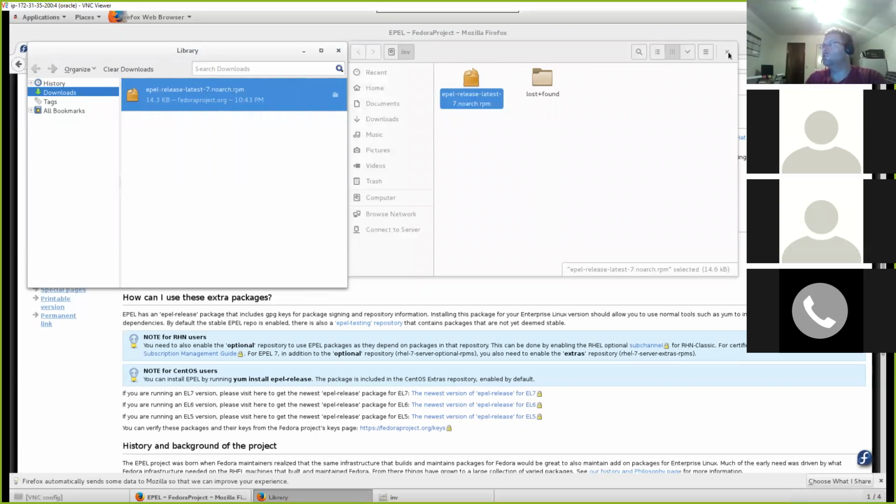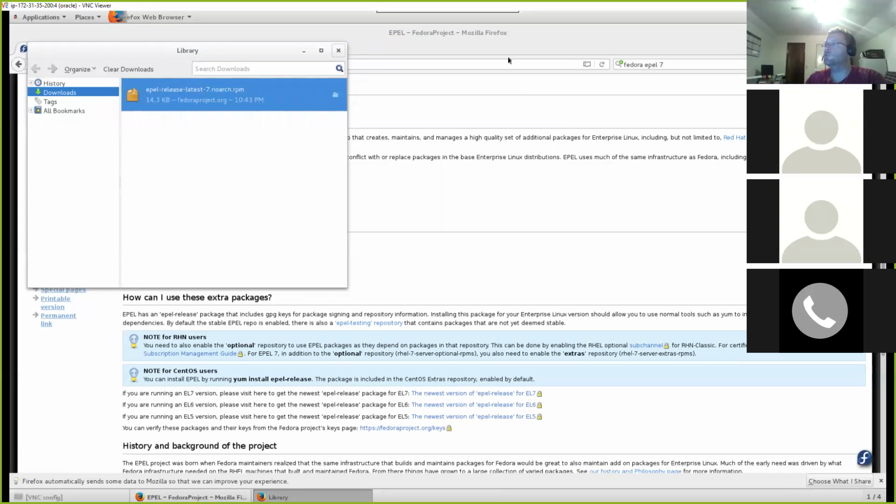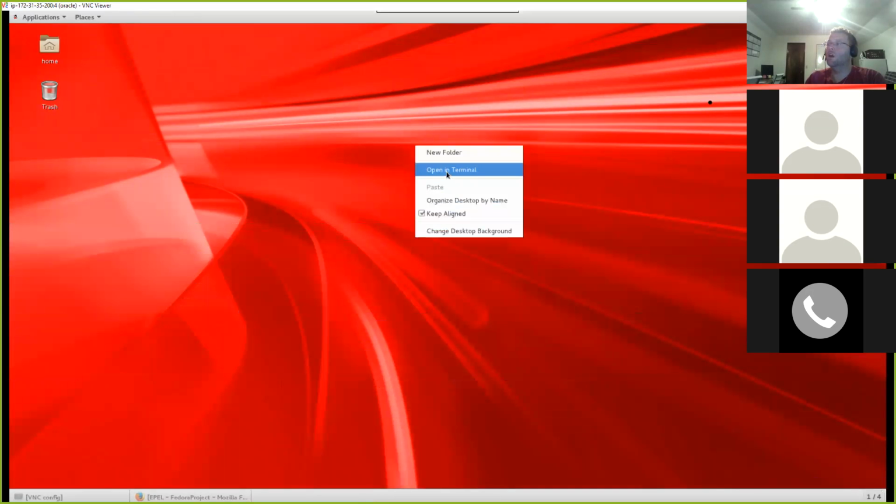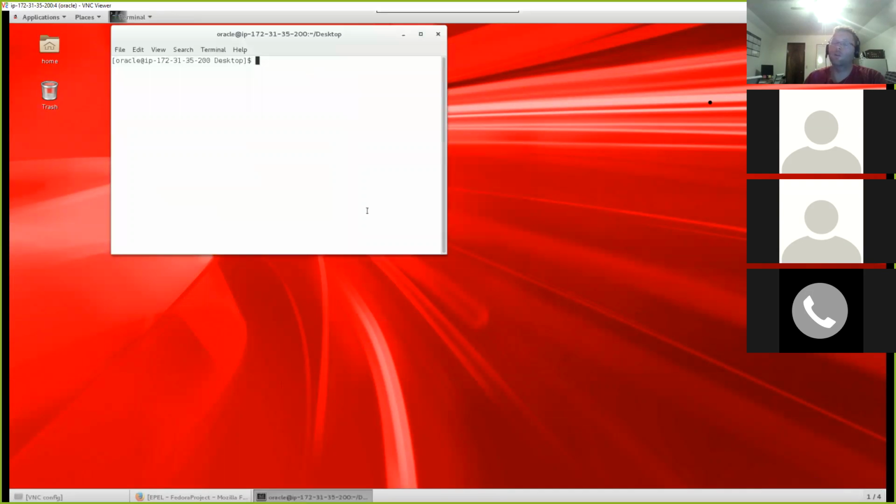So if I want to install this thing, I'm actually going to do it through the terminal window, and it gives us a little more practice with this. I'm just going to right-click on my desktop, say Open in Terminal. I am going to switch to the INV directory by just typing cd for change directory /INV. And then if I type the list command, I will see that RPM file that we just downloaded. And so if I actually want to install that, I can just type sudo yum install,